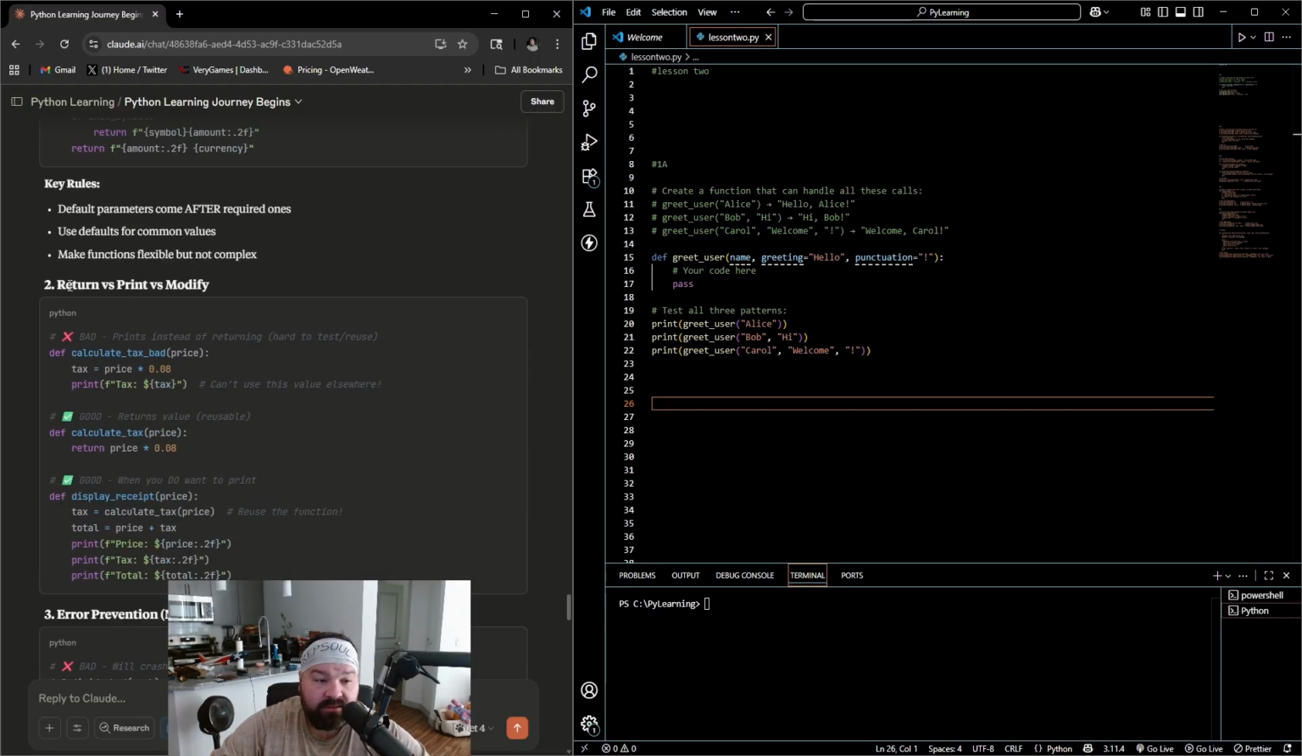So, next, we're going to have return versus print versus modify. So this is bad. Don't do this. All right. And I'm pretty sure I did this in my assessment, which is why it's here. And actually, I did. I did a function and I had nothing being returned, which means A, it is